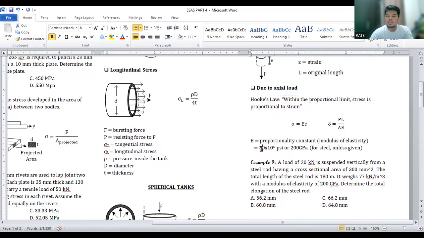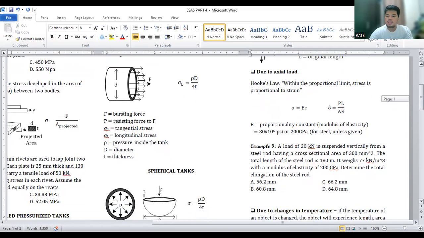So we will be using these values: 30 times 10 to the power of 6 psi or 210 gigapascal. That is for steel. Otherwise, if it is made of other materials, then E must of course be given. Whatever value of E is presented in the problem, you'll be using that. Unless otherwise, if steel is mentioned, which is the most commonly used metal for problems like this one, then you use 30 times 10 to the power of 6 psi or 200